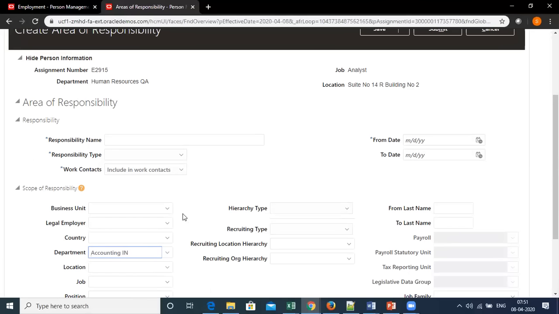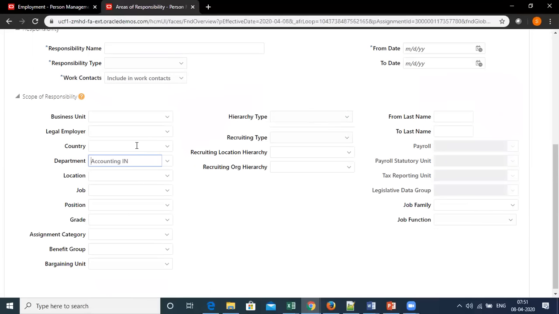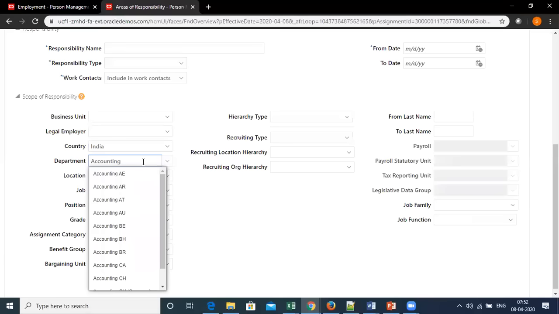Moreover, I can define other criteria as well. Let's say here the country is a criterion. Let's say I'm agreeing the criterion, selecting India as a country, but I, as an employee, am working in the UK. I have the same department, accounting, but I am working in the UK. Forget that this IN is available here, just for the sake of it.